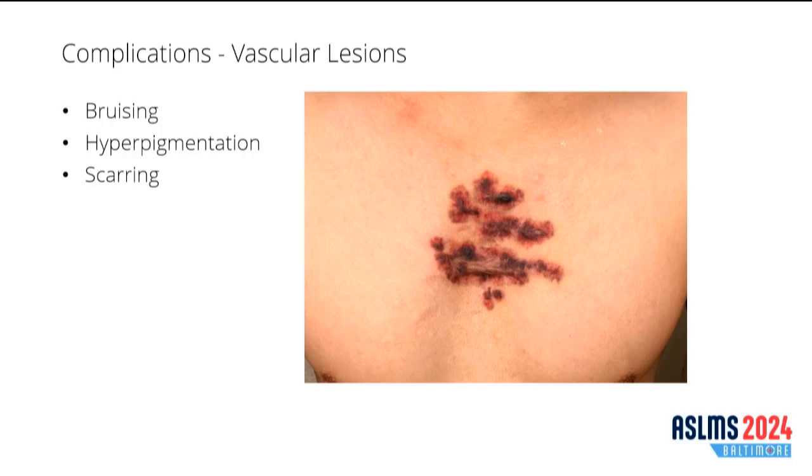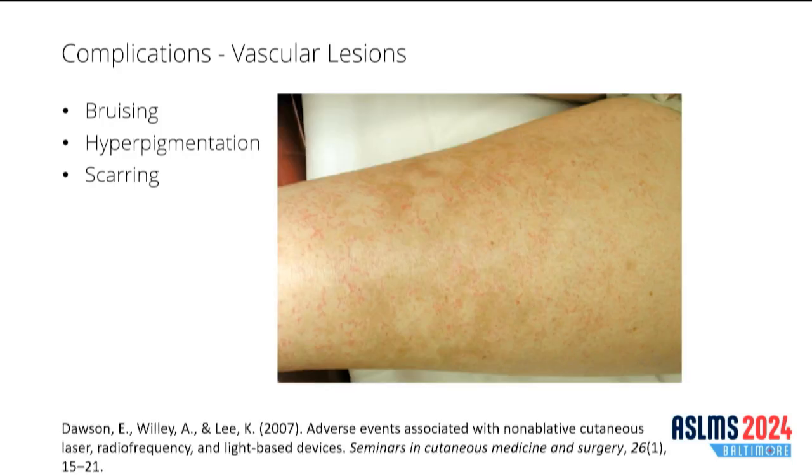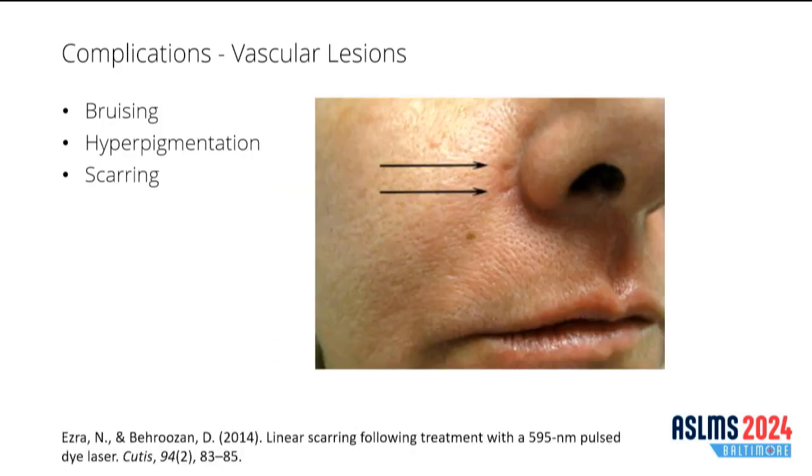This patient of mine of Filipino background experienced bruising for more than a month, even though we used conservative fluence and a 3 millisecond pulse width, and this resulted in several phone calls and messages to the office until things resolved. Dyspigmentation can follow treatment of vascular lesions due to the coabsorption of melanin, seen here after pulse-dye treatment for the legs. And finally, short pulse durations and excessive fluences using pulse-dye lasers may rarely lead to scarring, as you can see here.